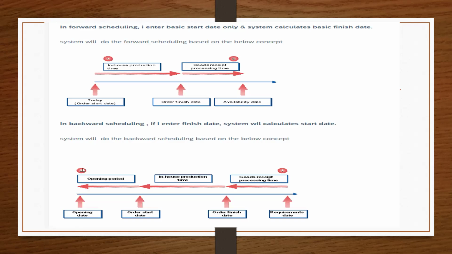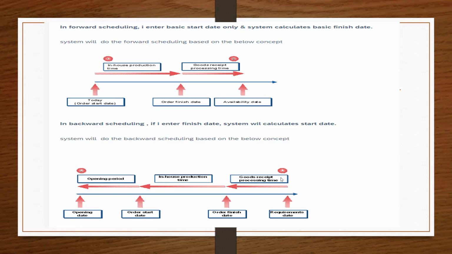First you try to check backward scheduling. It is quite easy. So this is the requirement date. Suppose there is a finish date, the system will do backward scheduling based on the concept below. If you look at this, the order start date is here, but the order finish date is here, and your requirements, meaning your material